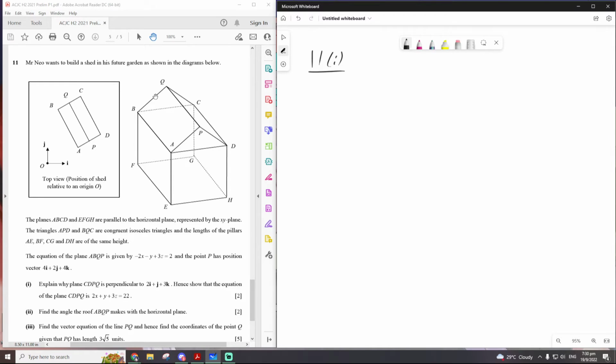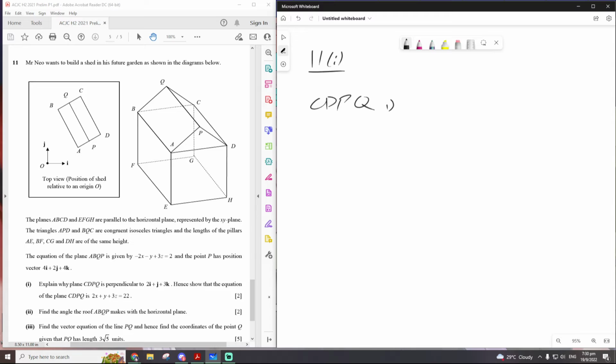So we have ABQP, which is the one on the left side. What they're asking is, what is the equation of this one? And we are given that, why is it perpendicular to this? Well, actually it's quite simple. It's because if you notice, one is a reflection in the line PQ. So I will just write